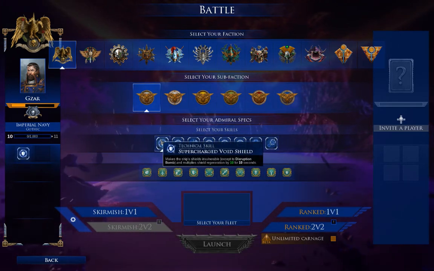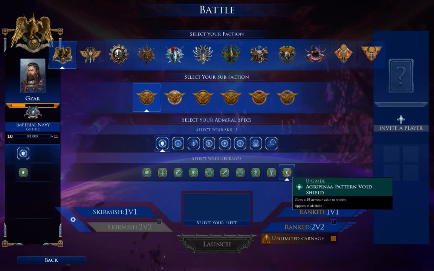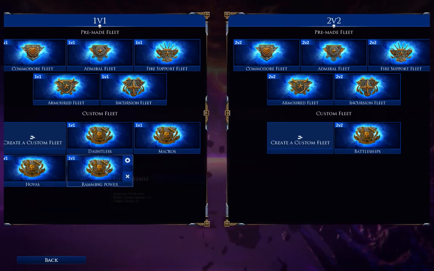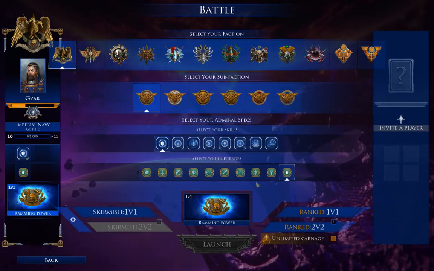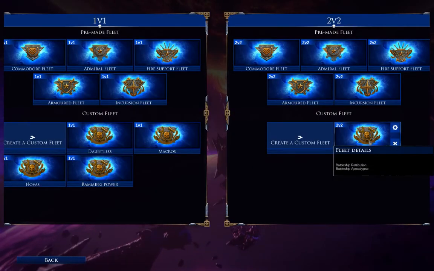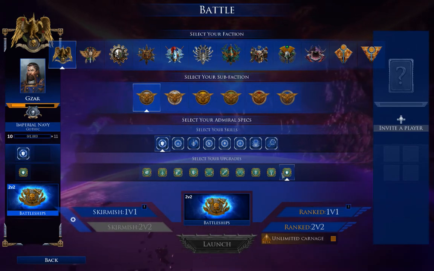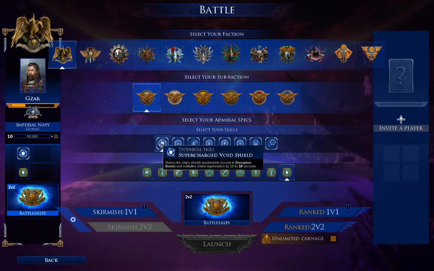And for the technicals, most of the time you want this supercharged void shield because this is a really good synergy with this shield upgrade. Your shields are 33% stronger, and your battleships have very good shields. So if you use your battleships efficiently, you will be able to survive for a very long time, especially in 2v2. In 2v2 it's more significant because you have fewer ships. If you have a battleship and you time it right, you can make it extremely tanky with the skill. And the best way to use it is